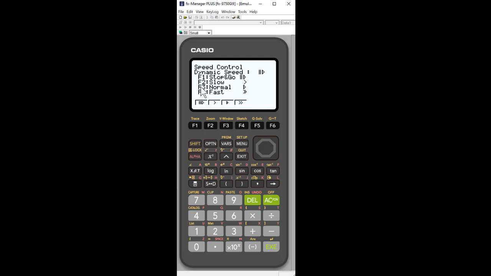So if I hit speed, notice that you can do a stop and go, and that means you're going to be able to control the movement. You can do slow, where it's going to move automatically slowly through. You can do normal or fast. So let's just look at normal just so you can see what it would look like normally. So notice that it's showing me the speed up here. The choice that I had is normal, and so we're okay. Let's hit exit. So now I've set up where I want the variable to scroll through, the values, the speed, and now I can look at it.